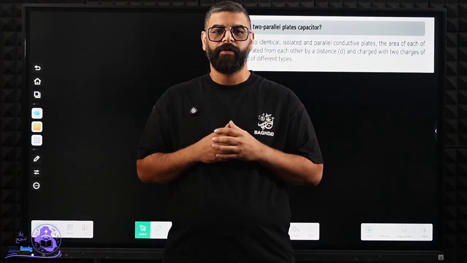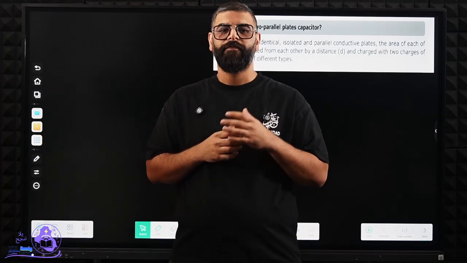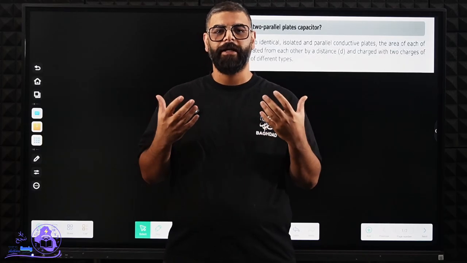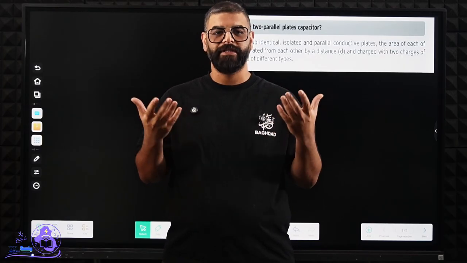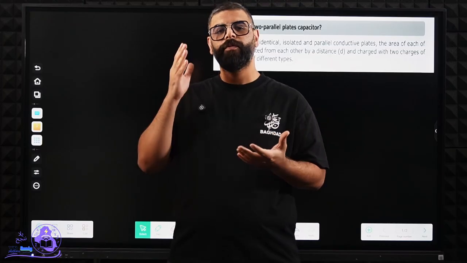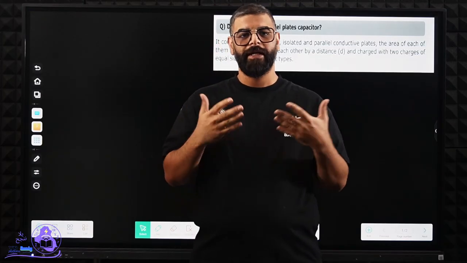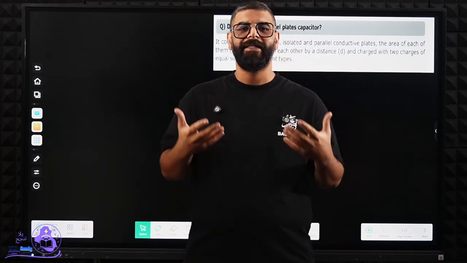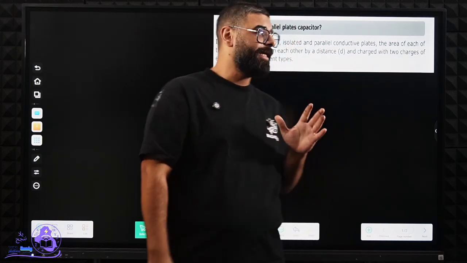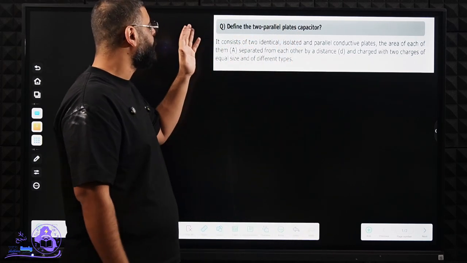In the first chapter, we talk about capacitors. And the first thing coming to your mind is, what is the capacitor and what is the capacitance itself? So if we want to describe or define the capacitor itself, we can define it in that way. We can say easily that the capacitor